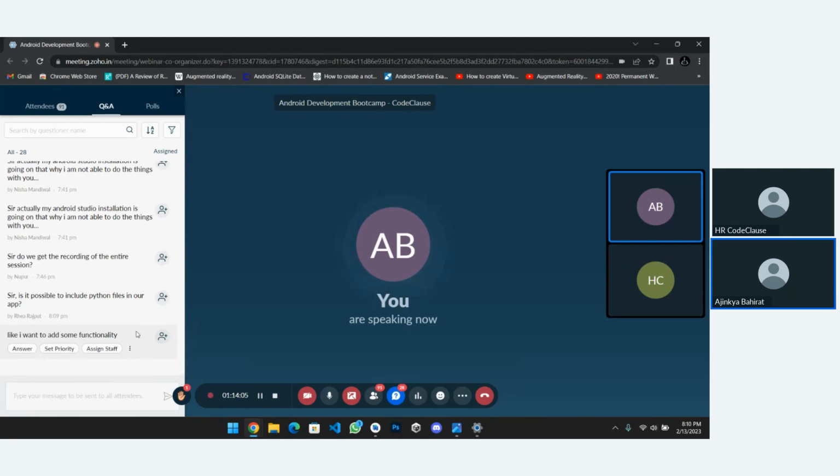For that you need to do some things. Suppose you have a module, or a Python-based algorithm. You can create its web view with the help of Django, and in Android Studio you can simply go with a web view. Or you can also go for direct inclusion of Python in Android Studio. Just go on YouTube and search for how we can add Python code or a Python module in Android Studio. You will get the idea.